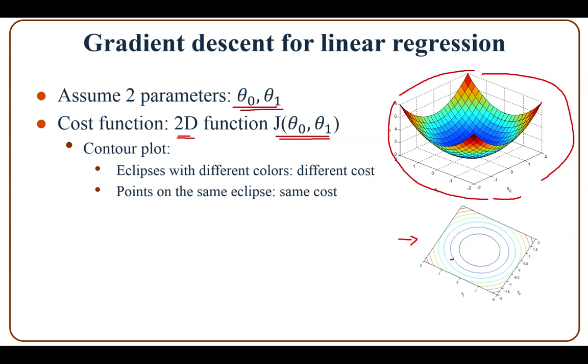So for example, theta naught and theta 1 on the blue ellipse give the same cost, and you want to get to some theta naught and theta 1 that give the minimum